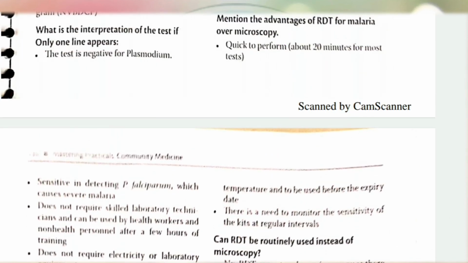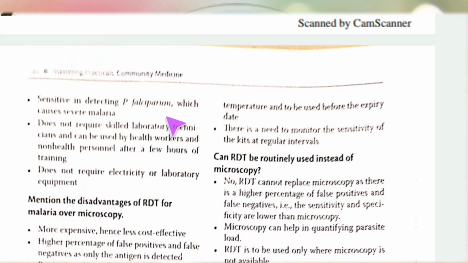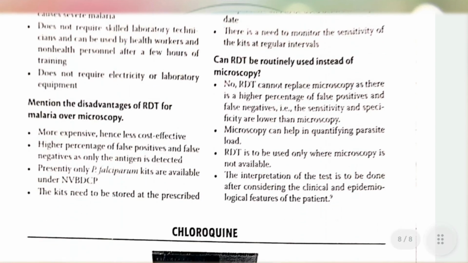Then advantages we were talking about. So it is quick to perform, sensitive in detecting P. falciparum, which causes severe malaria, does not require skilled lab techniques and does not require electricity or laboratory equipment. Then mention the disadvantages. So it is expensive. Obviously now you are having personalized kit for the PS for MP, so it is more expensive, less cost effective,